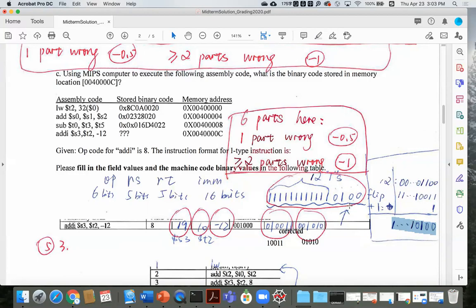This is a negative number. A lot of you made a mistake because you didn't realize that to make the negative number, I need to make sure all the leading positions are actually 1. If you add some 0s here, then you change this number to a positive number, and that would be wrong. Okay, so